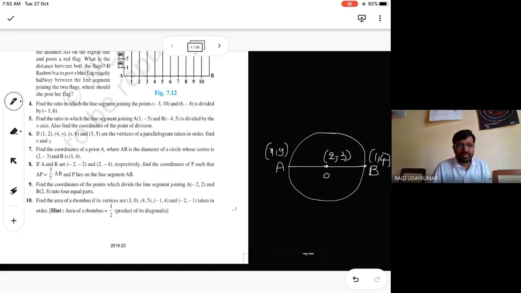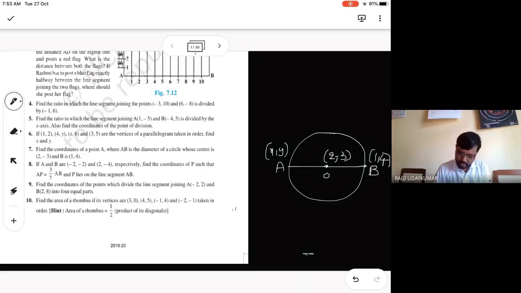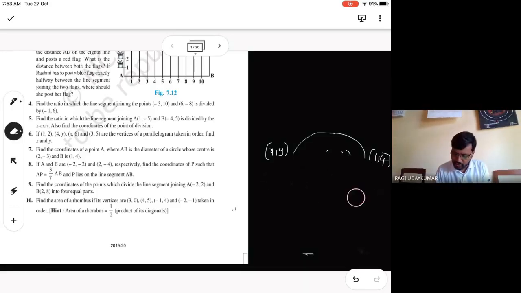Okay. So here point A is (x, y). So the center is the midpoint of AB. Apply the midpoint formula. Equate the coordinates individually and find the exact value. That you can do. It's not a very difficult thing. Okay. You do this as homework. Okay. Can you do it? Okay, okay, sir. If you have not understood what to do, then you can ask me now here itself.